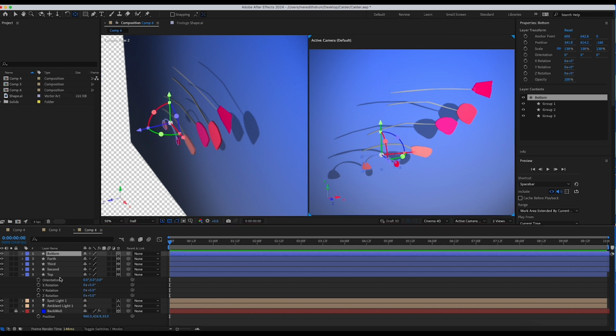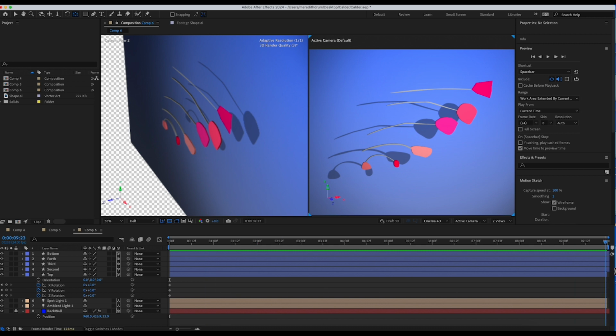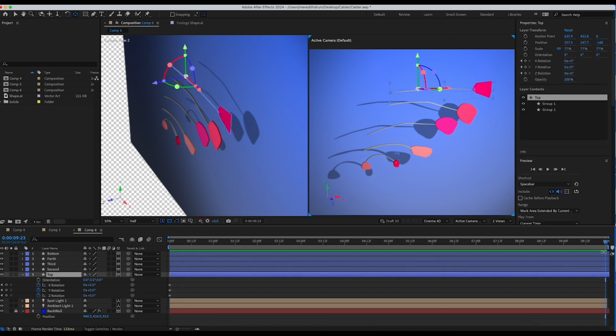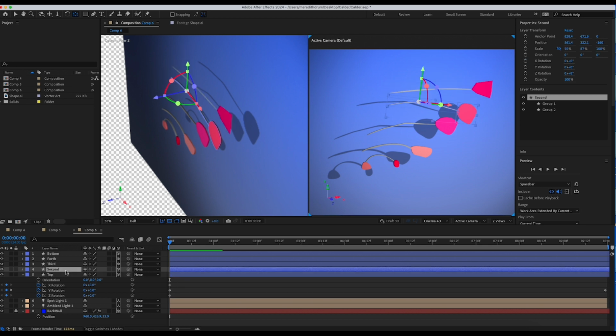Okay, so again, let's go to the top and let's go to the beginning of our timeline. And let's create a keyframe for all 3 rotations, right? And so that gave us a rotation keyframe there. Let's go to the end here. Make sure your item goes all the way to the end. And let's rotate in Y to begin with. And we're going to rotate it towards the camera. Okay. And if we watch it, it takes a second to render, but it'll move towards the camera. Okay, good enough.